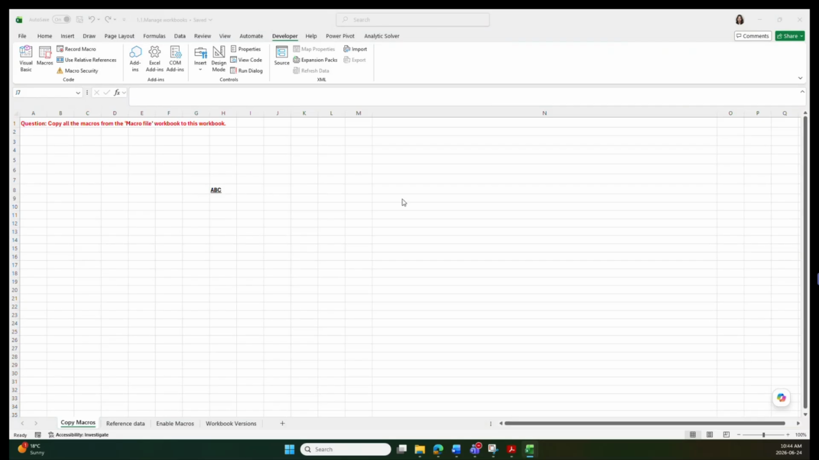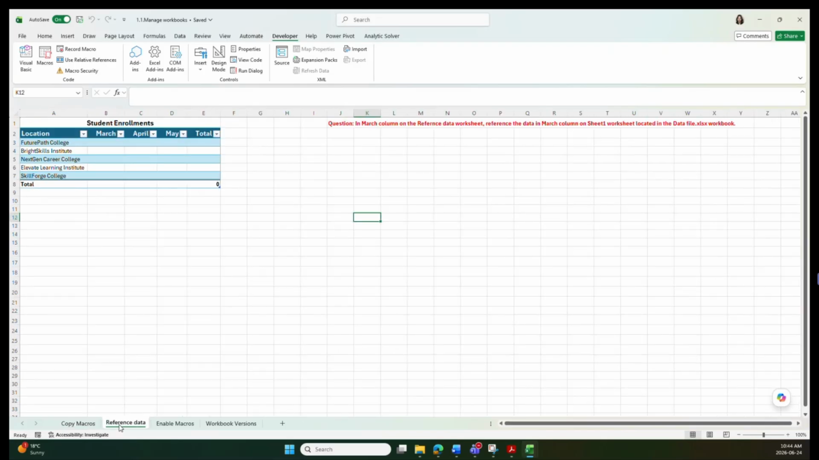Next, look at the next question, that is referencing the data. So this one is actually important for the other learning objectives as well. You really need to know how to reference the data from another worksheet or another workbook. Okay, so what question I have here is,